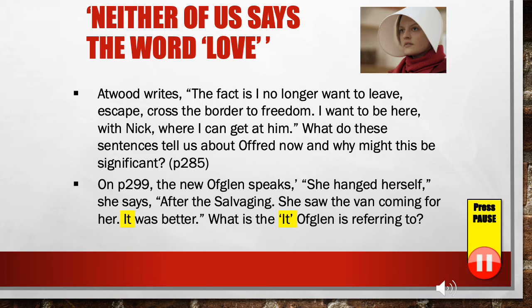The woman that replaces Offglen, well, she can't work her out at the moment. She seems to be a conformist person, a little bit sinister when she passes on the information that Offglen, the previous Offglen, hanged herself. And it's during this shopping trip, a very ordinary thing in the life of a handmaid, that something climactic happens inside Offred's mind. She remembers that she is living in a horrific totalitarian regime, the realities of which reassert themselves